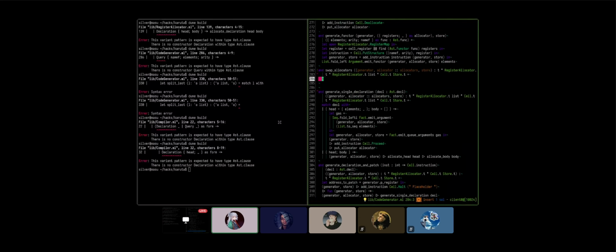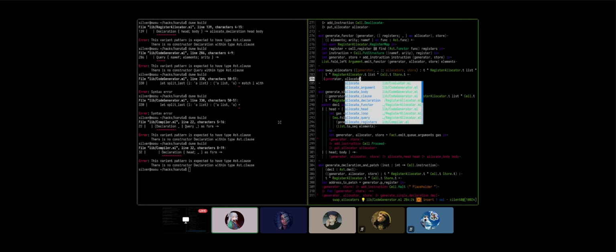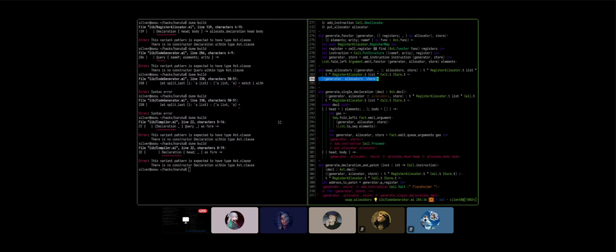And this is just going to say, okay, we're going to ignore this one. And we're going to return generator allocators store. I would call this function pop allocator, not swap, but okay. I was thinking, since we're doing this here, maybe, I don't know. Sure.